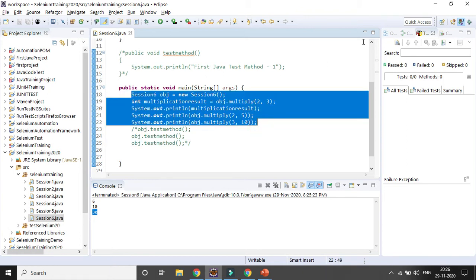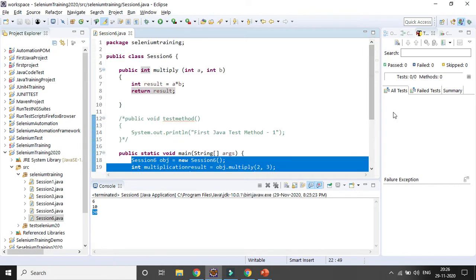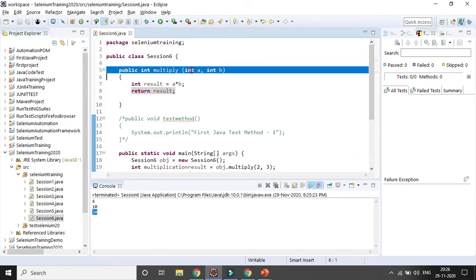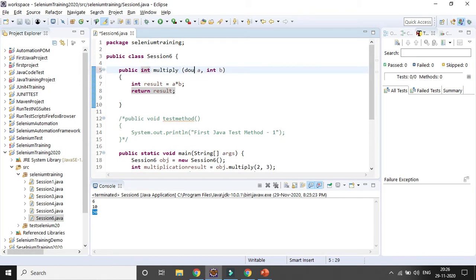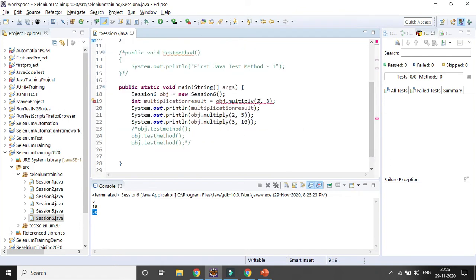Similarly you can create multiple methods for addition, subtraction, like that, and you can pass multiple parameters. It can be double also. So you can change it here to double. Okay, and also you can change this to double. Say I am just changing it to double. So here also it should be double, and here also it should be double. So everywhere you need to change it. And now you can see here also you need to change it to double. So instead of 2 point something, I can give a double value. Here I can also give some value.